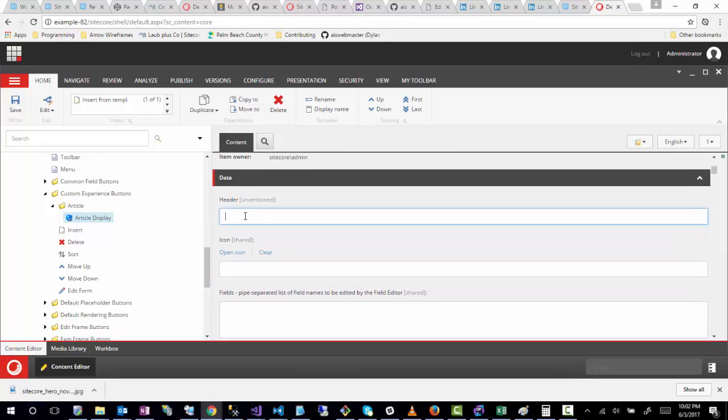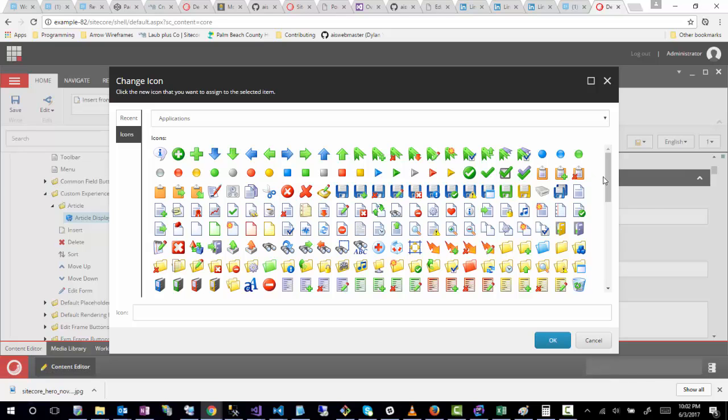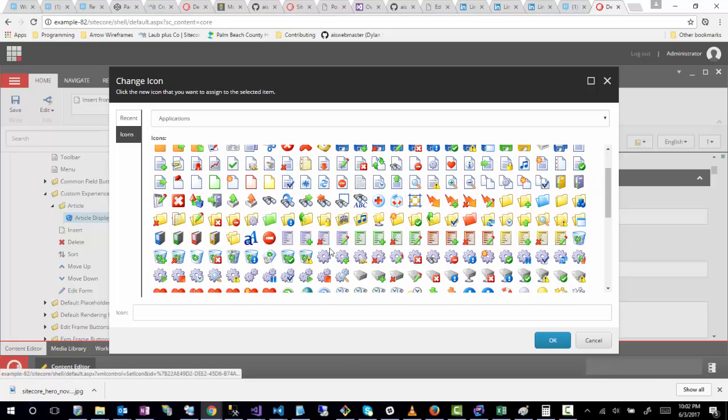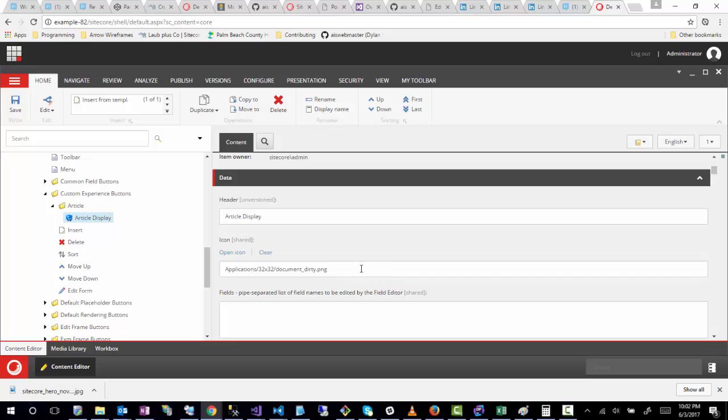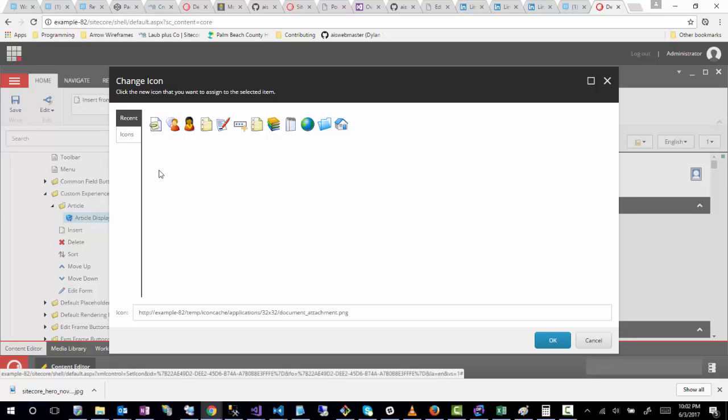So I'm just going to give it some title. This is basically just a header for that button. You can give it an icon. So just pick something that you think represents whatever it is that you're doing. You don't have to customize it. You can leave it as just like a blue thing, but I'm going to select just this document dirty option. I also like to customize the actual icon for the item itself. So I'll just do that same option,